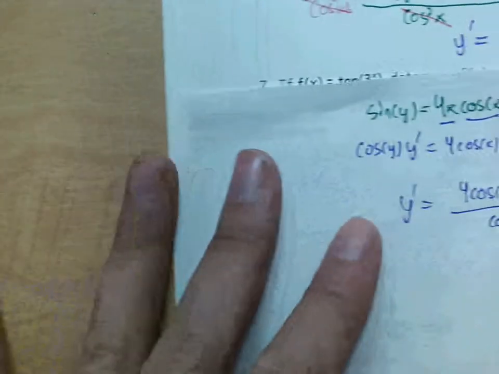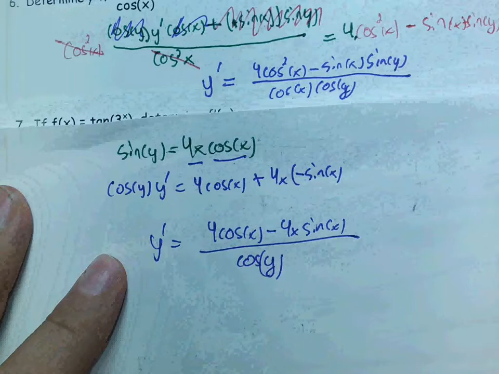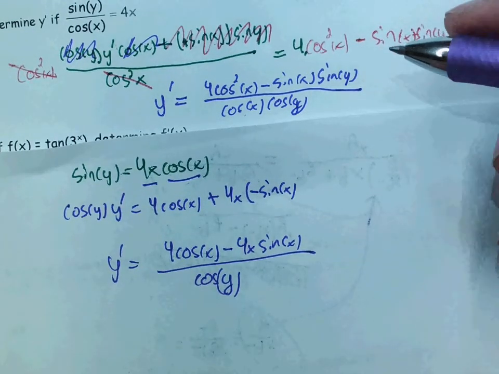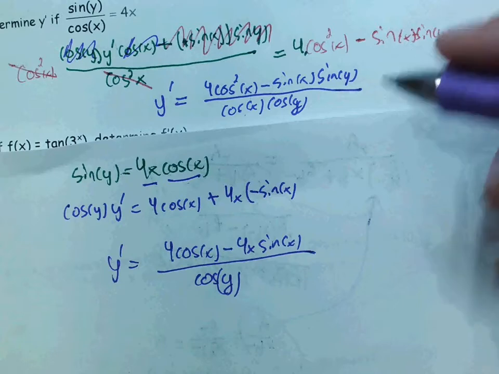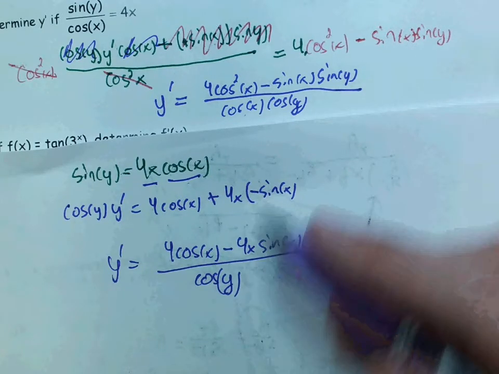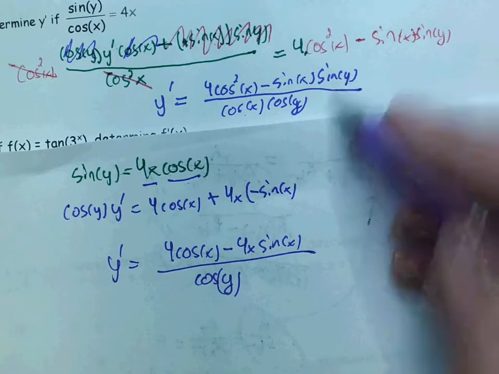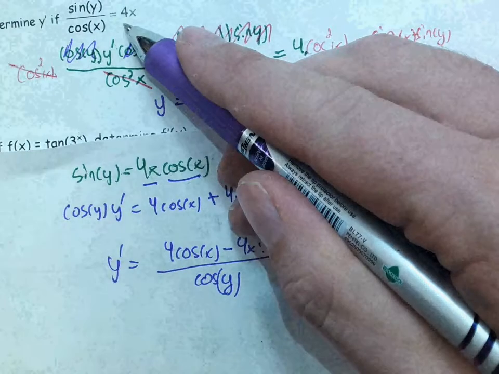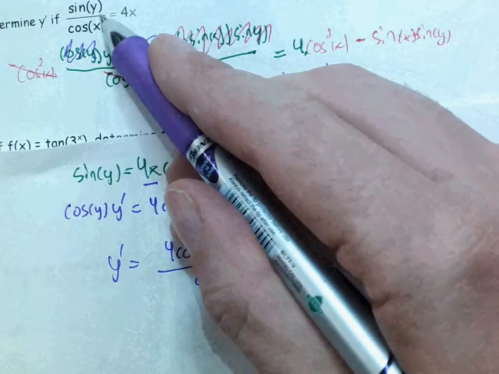Now you might be asking yourself, this looks a lot simpler, and the method was simpler, but even the answer at the end looks simpler. These don't look the same. And the question is, how could they be the same? Well, you'll notice that this one has a sine of y in it, and this one doesn't. If at the very beginning you go back and solve for sine of y,